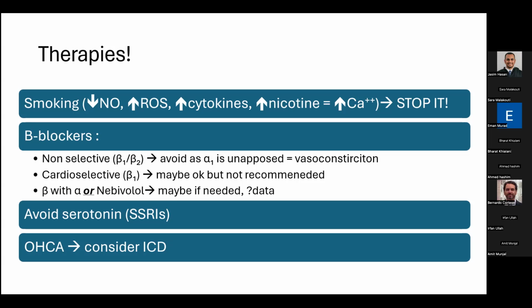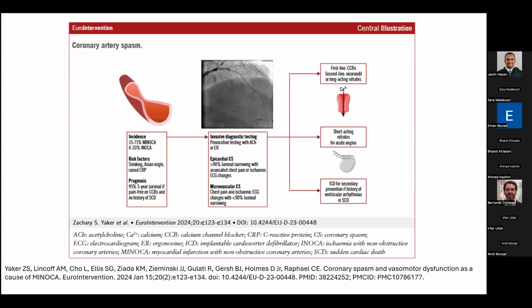Here we don't wait if there's doubt, we're not sure about the criteria, whether it's angiographic criteria or clinical criteria. It has to be certain, because before putting in the ICD, we have to make sure that it is a real spasm that caused the arrhythmias. This is a good paper. It's a summary of what we spoke about, and we can see here, I think, nicorandil as a second line. And